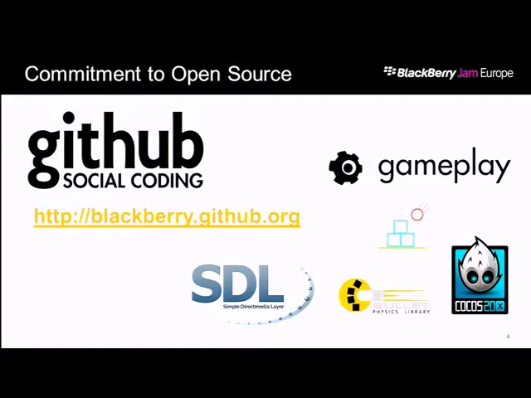In addition to that, we also put a lot of effort internally at RIM into contributing to open source. There are a couple of frameworks here, like SDL and Cocos2D. Gameplay is written and managed by a team within RIM. It gives you a cross-platform approach to using OpenGL at a very low level, and of course it works on BlackBerry 10. There's a lot of stuff on the GitHub website, so you should definitely check it out. We're always improving these things, and there are a lot of third-party libraries that already work on BlackBerry 10.